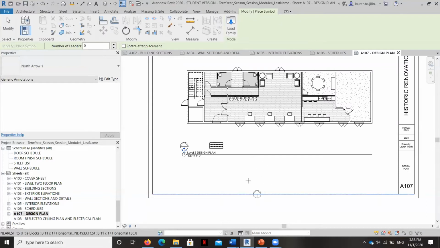We're also going to create interim and overall dimensions. Now, there's really no end to the amount of things that you can dimension on a floor plan or any sort of drawing, but we are not creating one of those super detailed drawing sets that shows an entire project. We're just trying to illustrate the Revit skills that we've encountered and mastered so far.